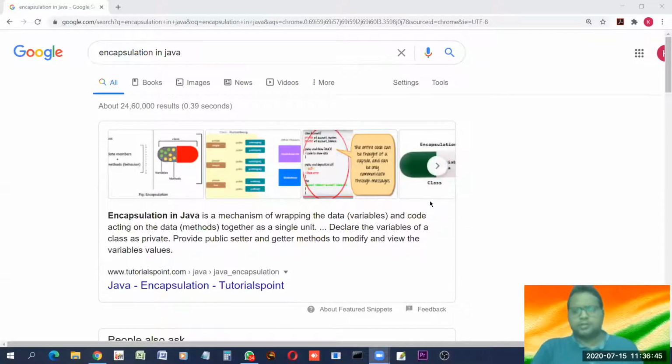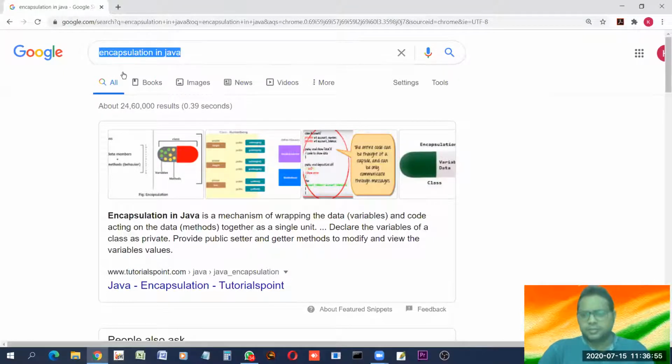Hello students, in this class we'll see some terms, some terminologies related with Java. The first one is encapsulation. You might have heard this word encapsulation. Now is the time when you may understand, since you have made a lot of programs and seen a lot of programs. So most of the features of Java we can understand now. So let us start with encapsulation.